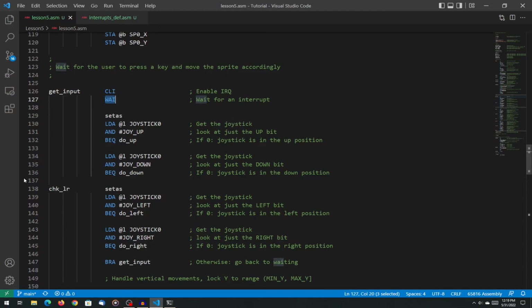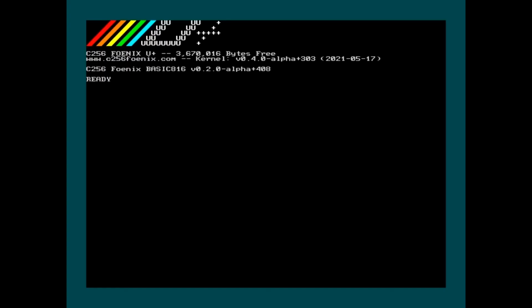Let me switch screens so that you can see how this code looks actually running. All right, so now I will send the code over. And there's our sprite, and we're already getting interrupts. So I can now use the joystick and move it around. I don't know if this will come across with the screen capture, but to my eye, the sprite is moving a little bit more smoothly than it did before,